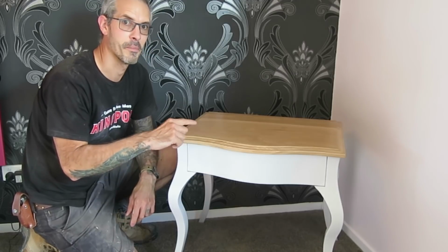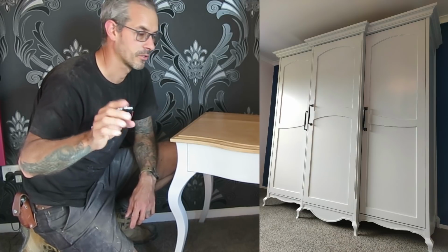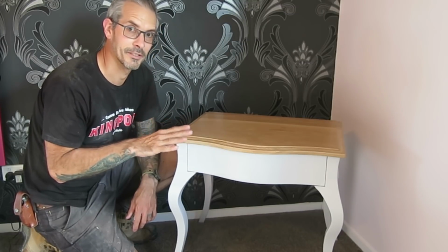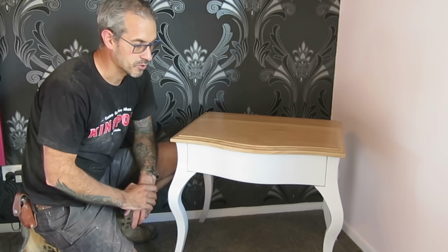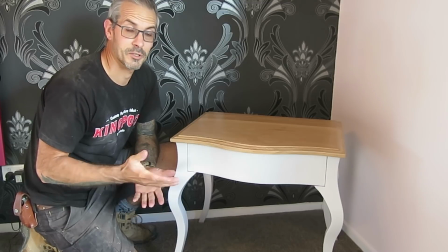This job's actually for my mum. She wanted some bedside tables to match a wardrobe I made here just not long ago. And so I wanted to try something different, mainly the way the legs work, which I'll talk about in just a second. So really, I just wanted to mention that this whole project is a bit of an experiment really,